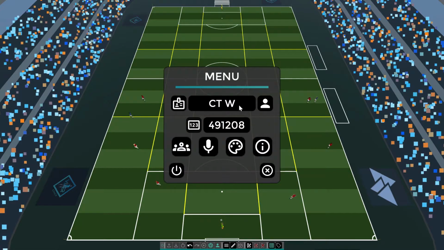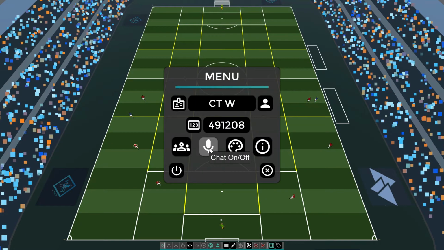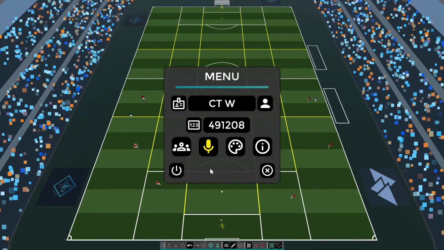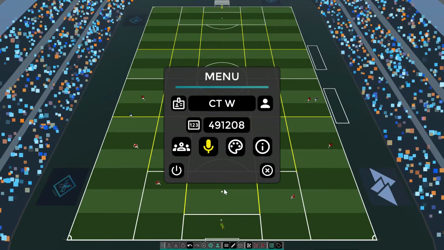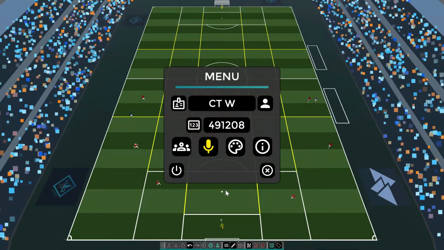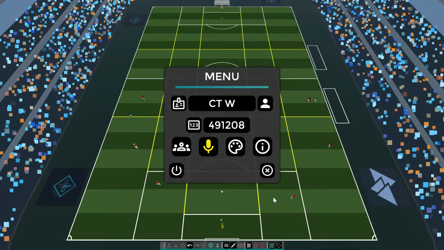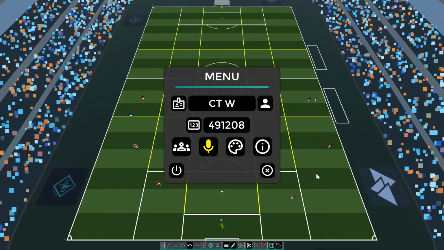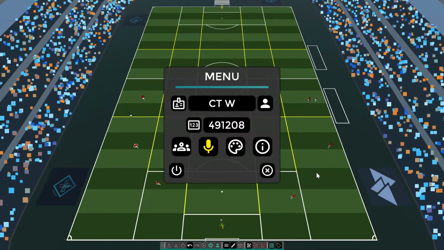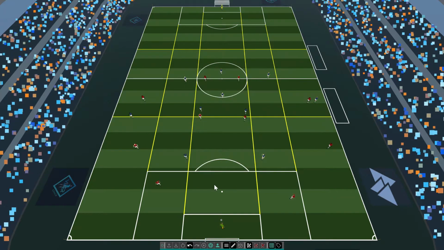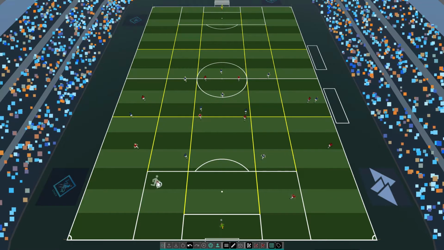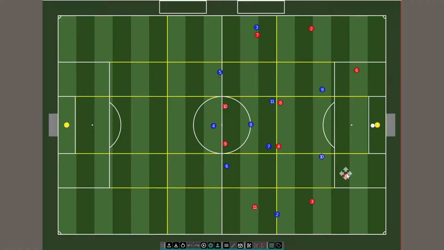What that means when we're connected is that we can now chat as if we were on a phone call, or as if we were beside each other in a room, working together on the same pitch. So not only are we on the same pitch, we're also communicating together. So we can talk to each other. And also the great thing about it is if we action any movements, so if I just action the 5 coming short for the ball to play out from the back,